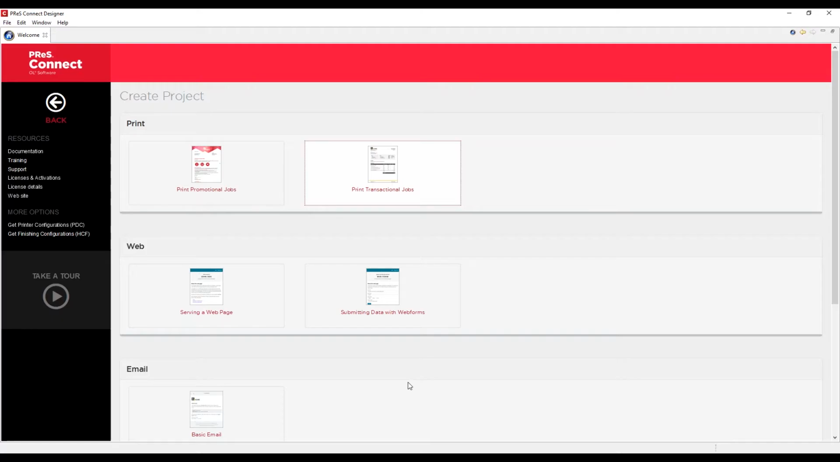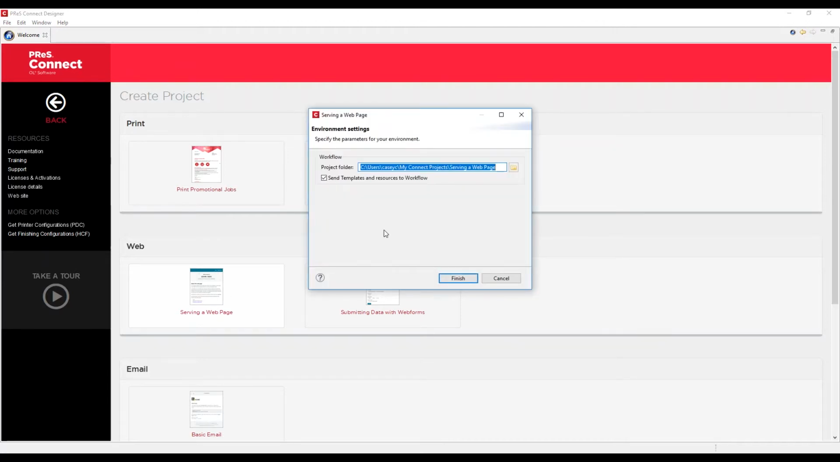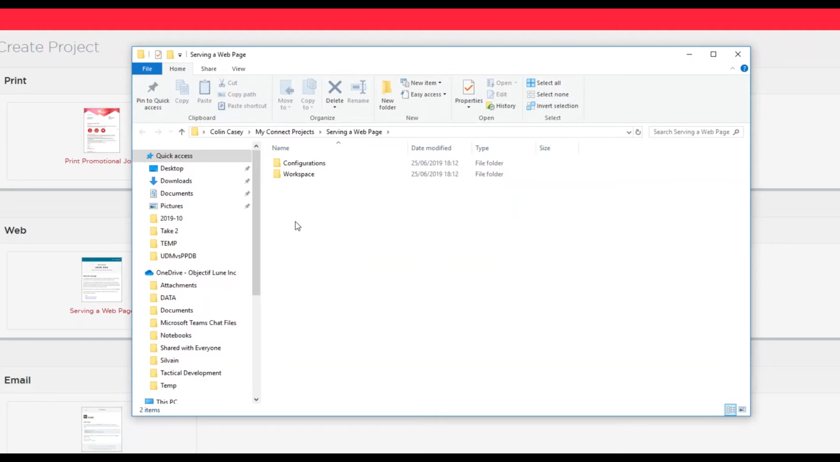Okay, back to the create project page. This time I'm going to do something slightly different. We're going to go to our first web page project, serving a web page. Again, very little, if anything, to configure. I'm just going to use the defaults, click on finish, and that will now produce a workflow with the configuration